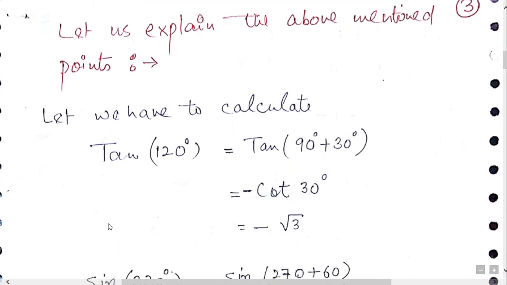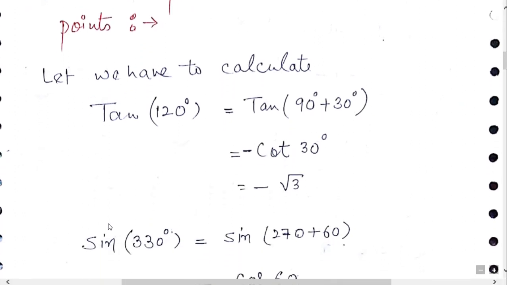Suppose we would like to explain the above concept, because sometimes the students are not clear about what the teacher is doing. Actually, he divides the content into 4 parts, then writes ASTC, add sugar to coffee, with a little bit of explanation about 90 and 270. But sometimes the students get confused with the explanation. Let us try to explain with the help of an example. Suppose I have to find the tangent of the angle 120 degrees.